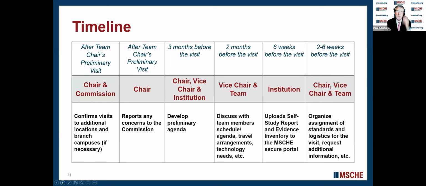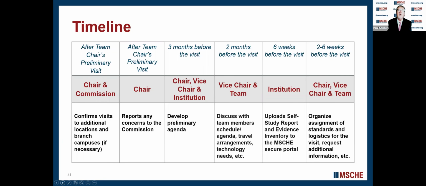It's really important, and I'm going to ask Lisa to speak to this. We have a policy about additional locations and branch campuses. Every branch campus must be visited, but for additional locations, the team chair and the steering committee or the co-chairs are going to say, okay, which one is going to be best? We try to be mindful of expense. We try not to send folks to the additional location in Beijing if we can efficiently handle it here. The team chair will come for a visit about 3 months in advance and develop the agenda.